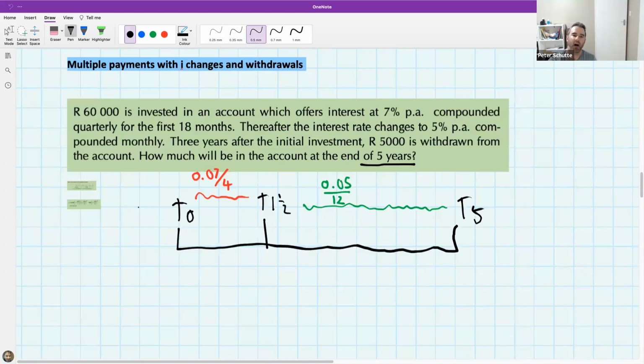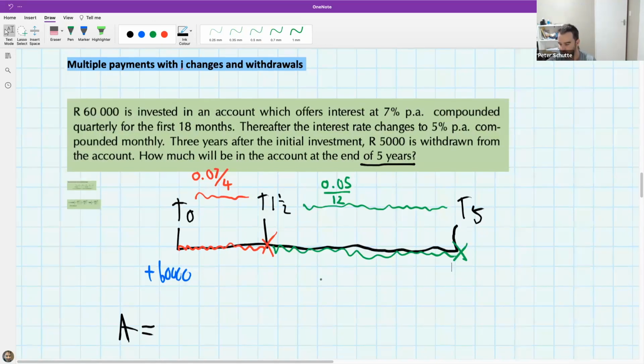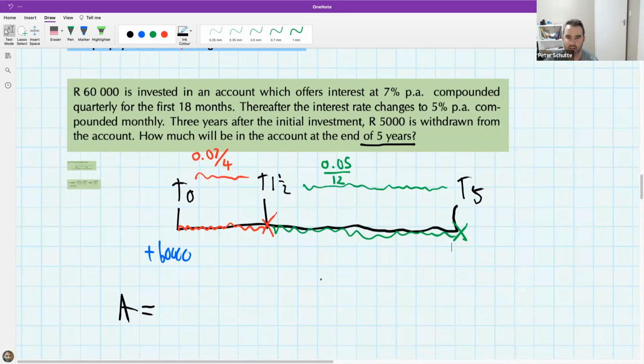Okay, now I'm going to say that the 60,000 is not too exciting. So we know the 60,000 goes in, and I want to suggest that let's just pretend that there's no withdrawals at all. Can you tell me how much you end up with at the end if your 60,000 goes through the journey of getting through the red and then getting through the green. How much do you have in the bank account after 5 years if we ignore the withdrawal? We're just going to ignore it. I'm using my teacher powers. So what are we going to end up with